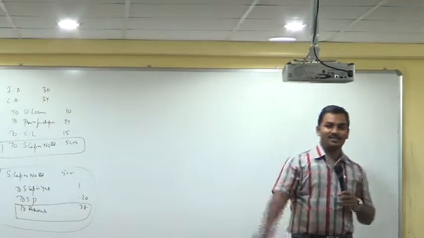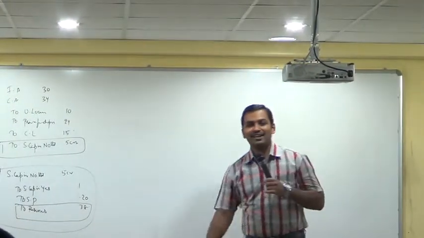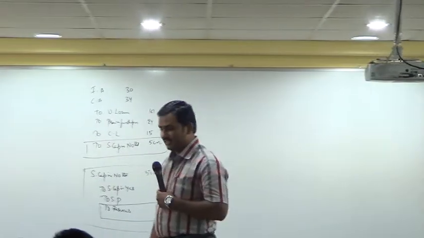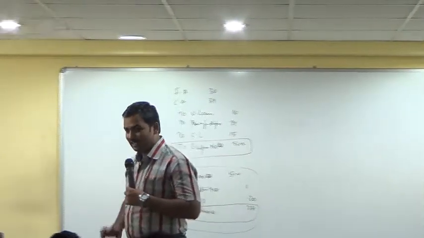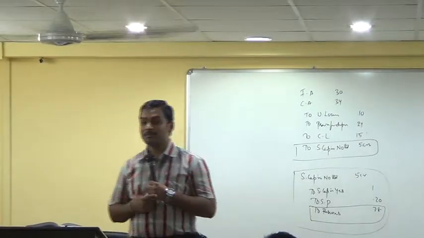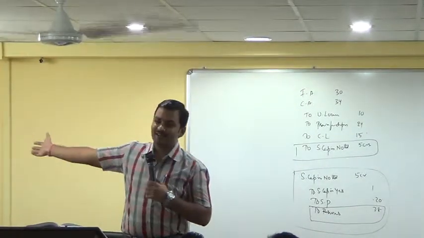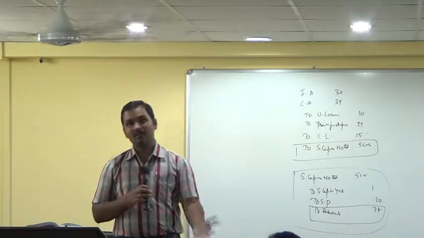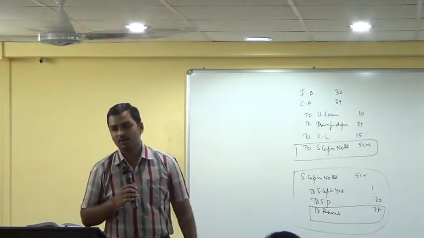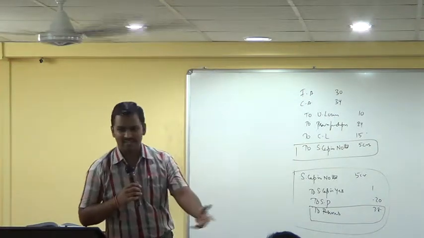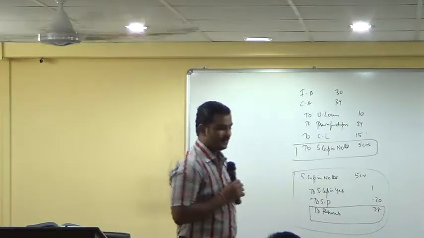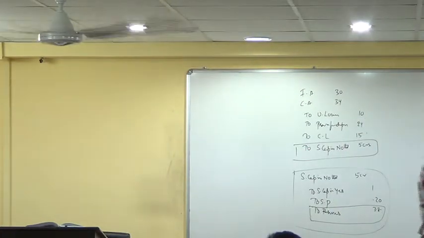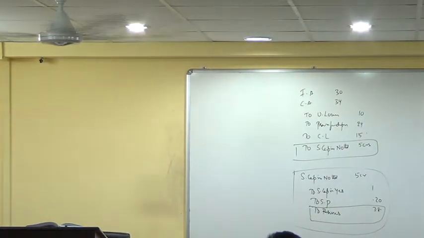Suppose subsidiary company sells goods to holding company, we call it an upstream transaction. In consolidated balance sheet language, we call it an upstream transaction. When holding company is supplying goods to subsidiary company, we call it downstream. And when subsidiary company is supplying goods to a holding company, it is called upstream. So it's like an upstream transaction.